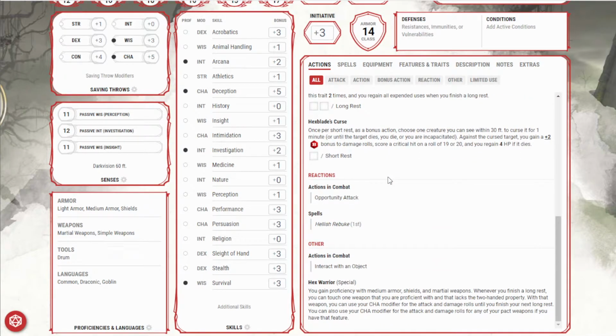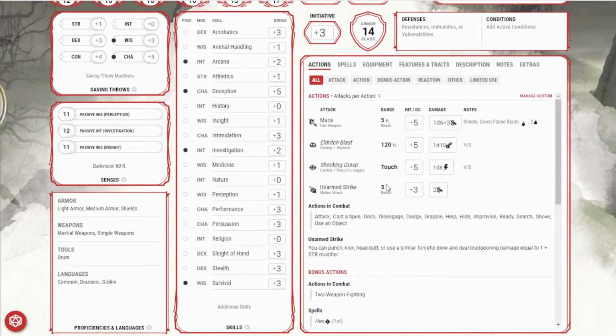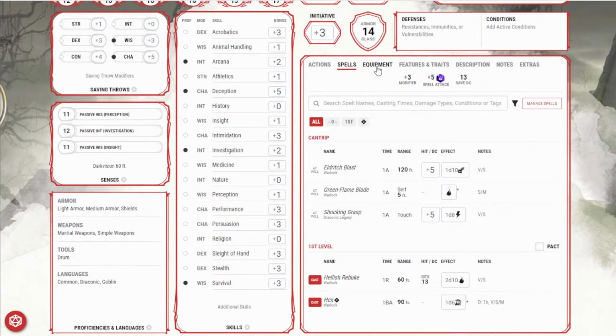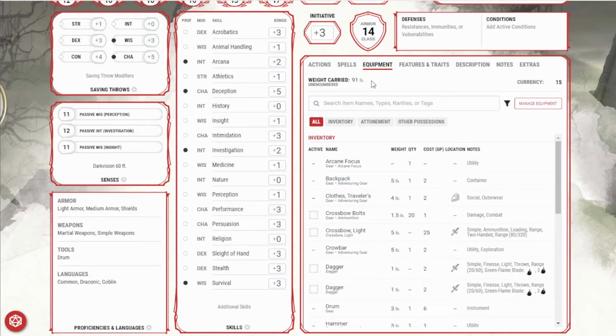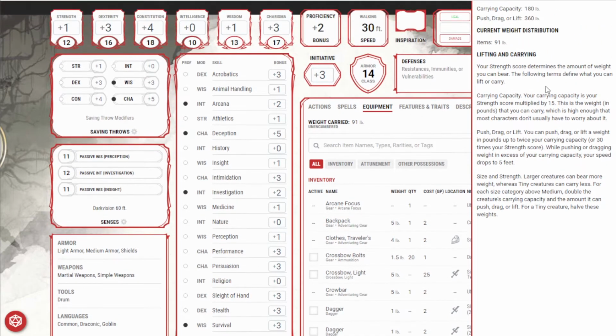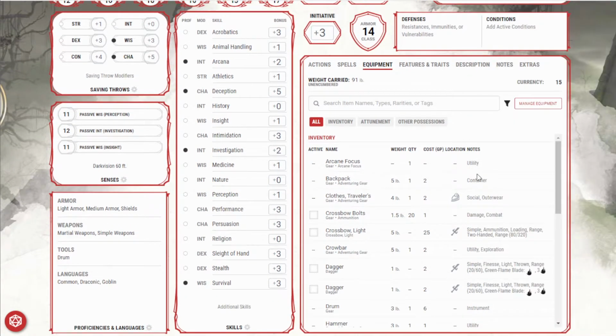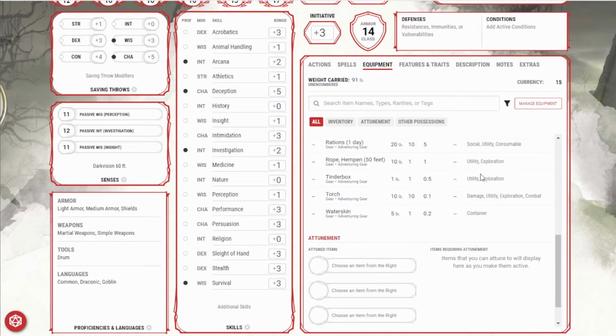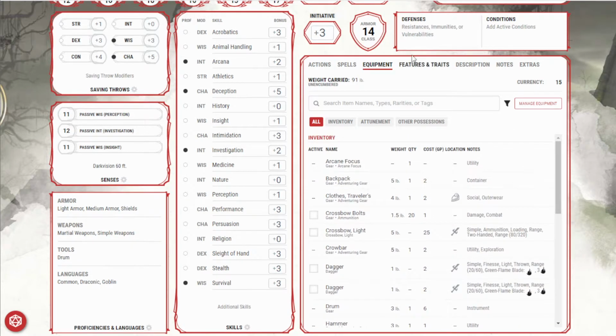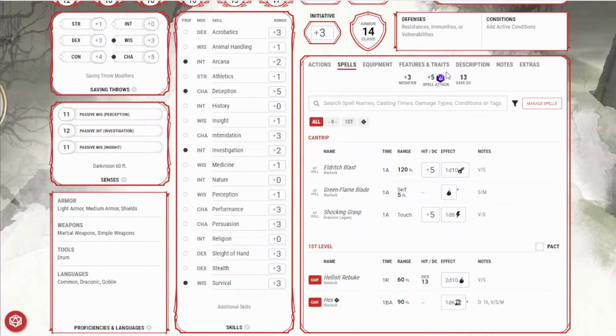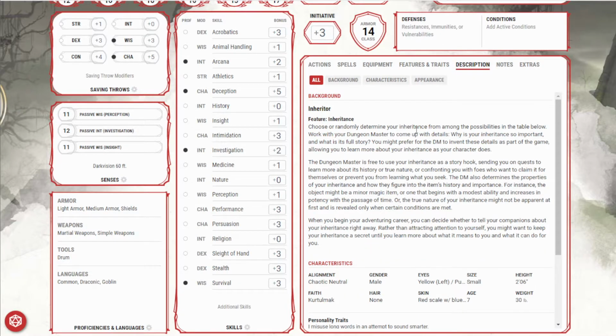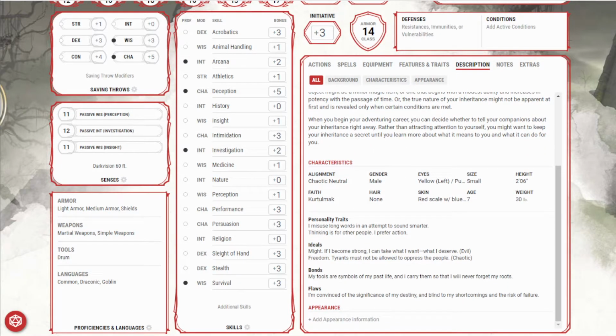Let's see. Is there any special things from his equipment? What's his encumbrance at? Okay, cool. Any spell things that I want to include? I don't know, but in the meantime,